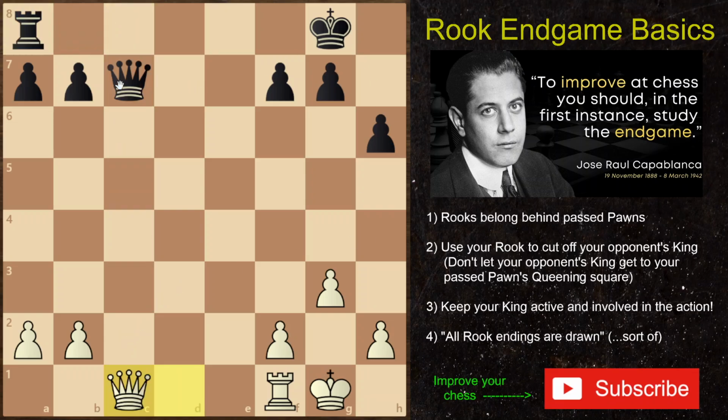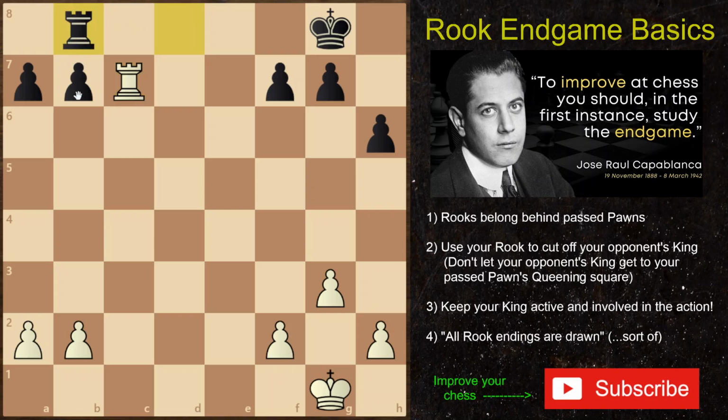But if black, on the other hand, trades queens, it's the reverse, because now white's rook is going to enter onto that 7th rank. So if, I don't know, if black plays rook d8, we can continue something like this. Black has to protect that pawn, otherwise they just end up in a pawn down position, and white's going to